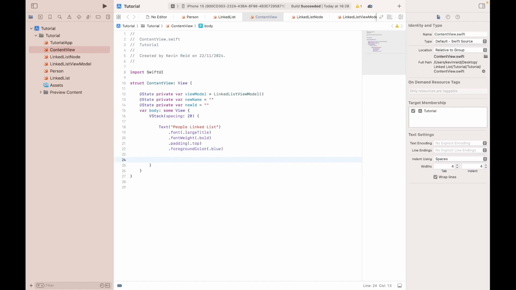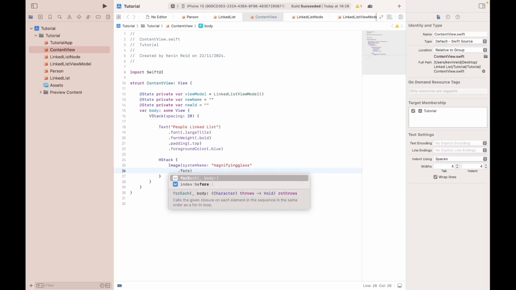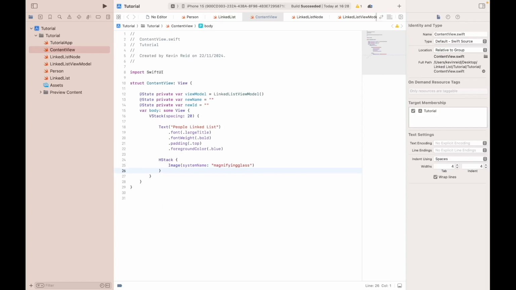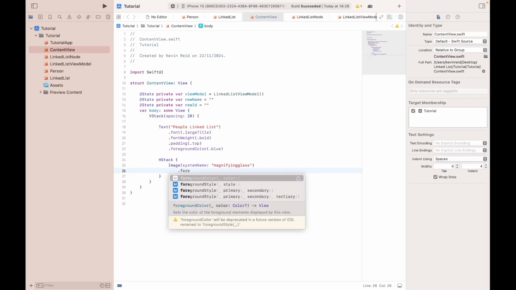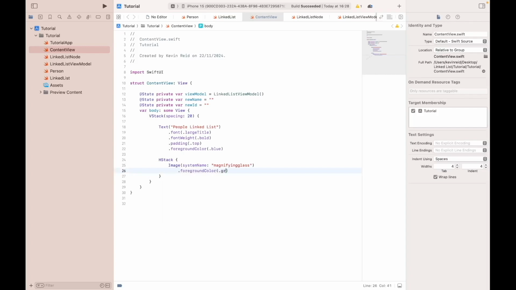The next thing we need to do is to add our search and filter elements. HStack, Image, systemName, magnifyingglass, .foregroundColor, gray,